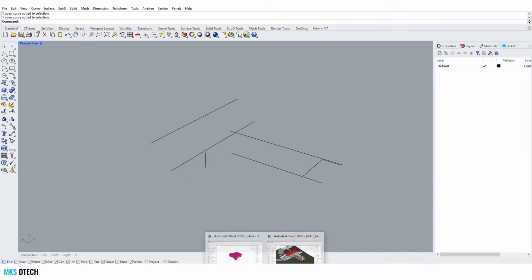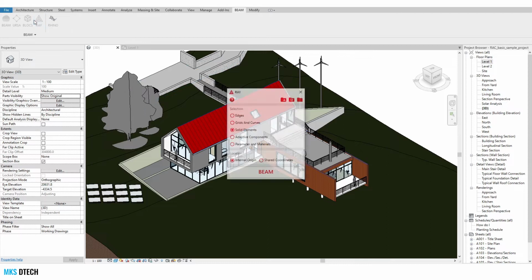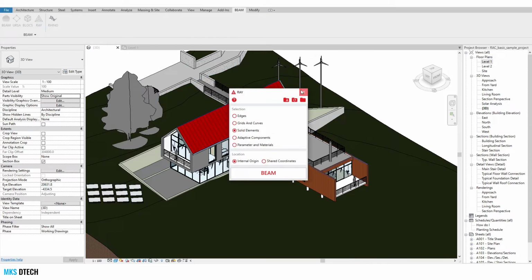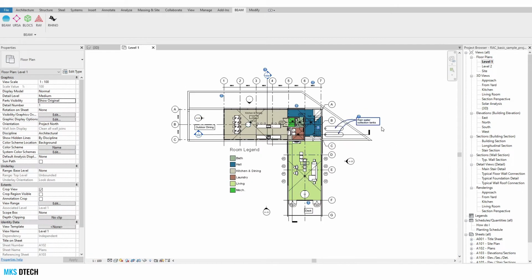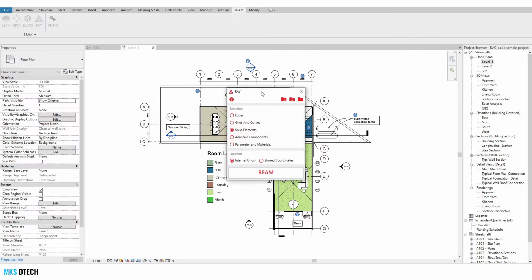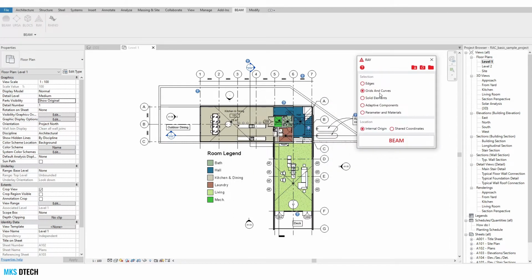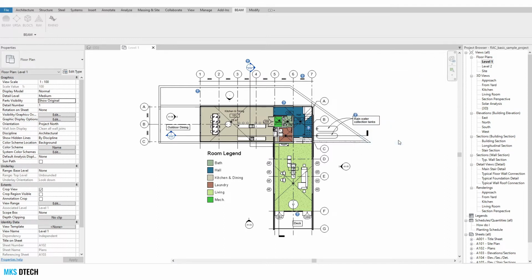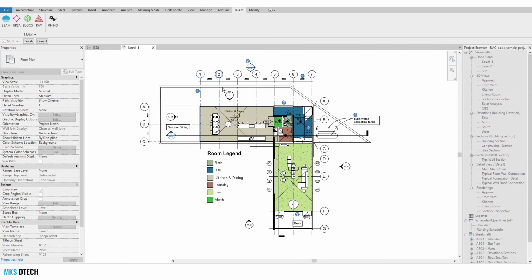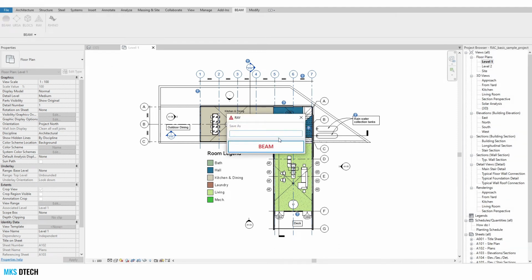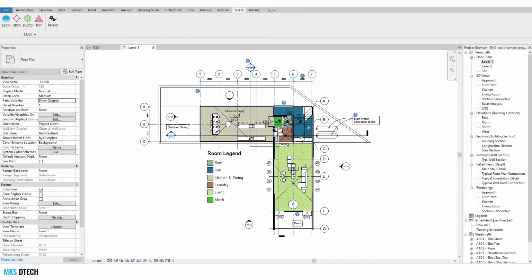Let's go now back into Revit, and let's say I want to use this blend view of the standard project to export grids and curves. So by selecting grids and curves and then BEAM, now I can select multiple curves or grids at the same time, and then by hitting finish, I want to save my file as grids and then beam again. Let's go back into Rhino